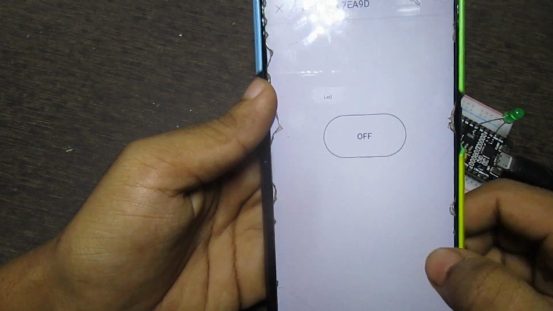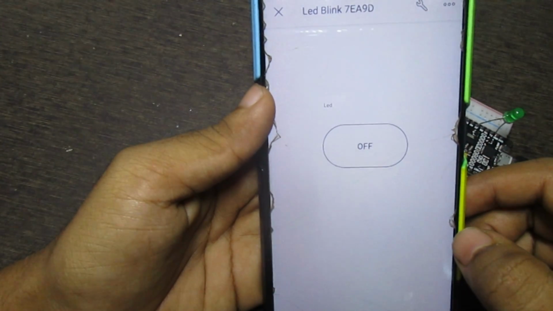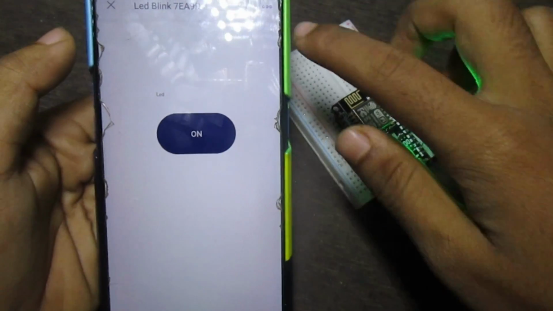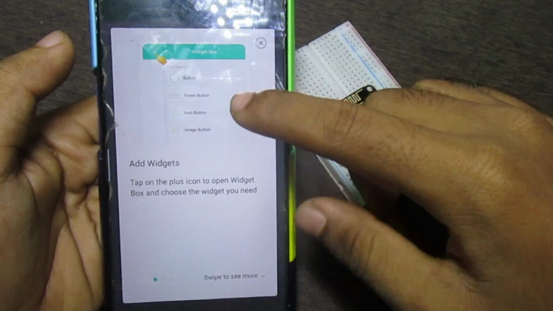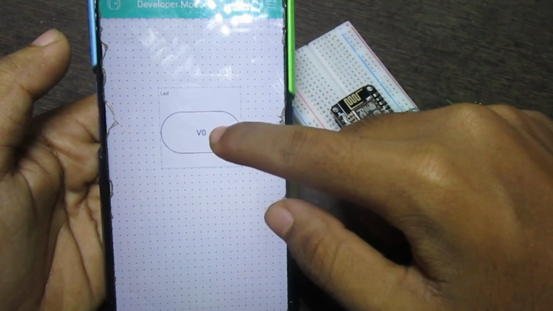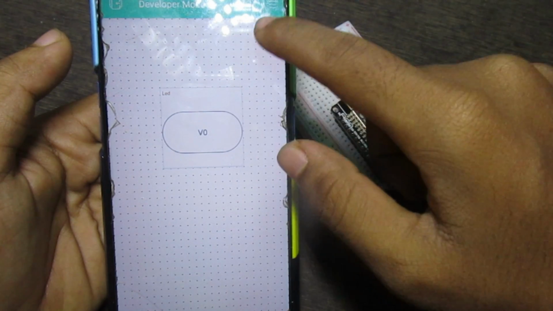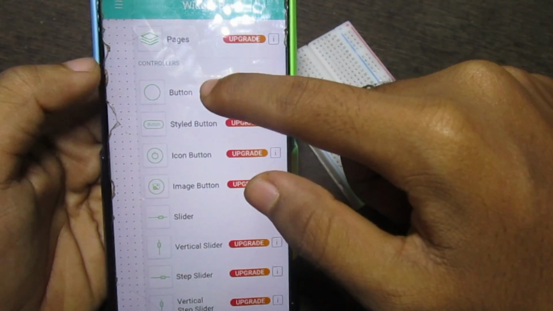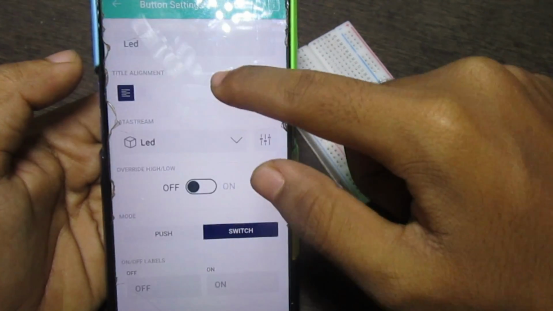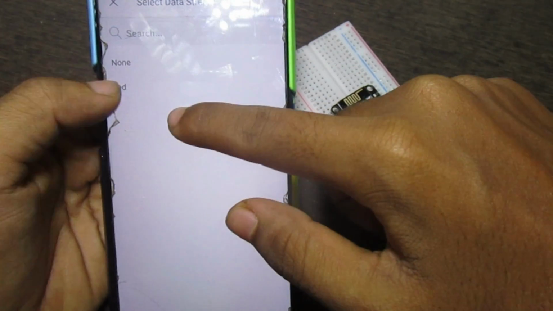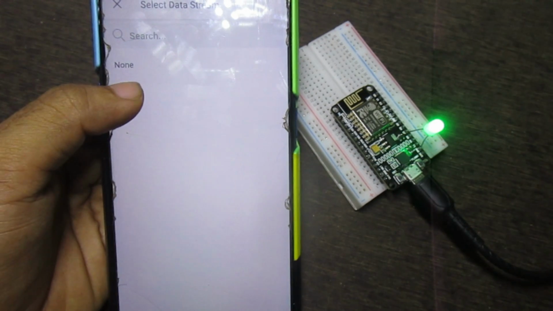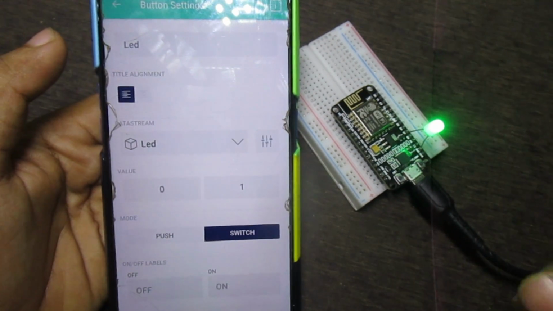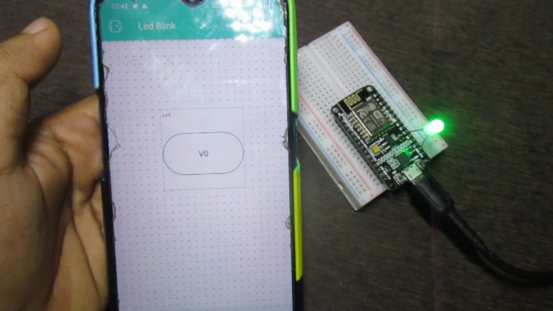Okay, in this mobile application you see the button. Okay, to create a button, go to settings and just click on the screen. And just click the button and name it, and in data stream you have to choose the LED that we have created in our Blink IoT.